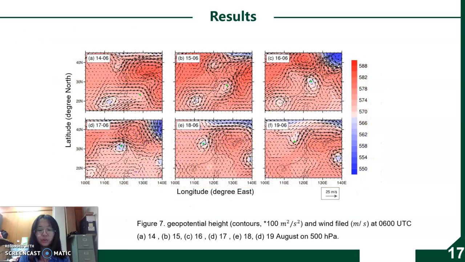Figure 7 shows the geopotential height in shading and horizontal wind in vectors at 500 hPa. Here we can see from 7A to 7C that Rambia was influenced by a high-pressure system and another tropical cyclone before landfalling, which made strong convergence in the northeast of Rambia, and the strong high-pressure system led to the outflow of Rambia. Well, after Rambia made its landfall, the asymmetric structure of Rambia is even more obvious on such a large scale in